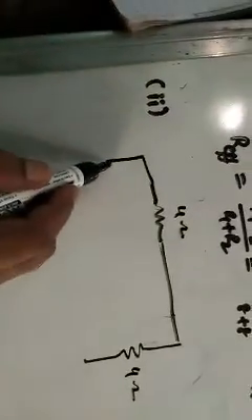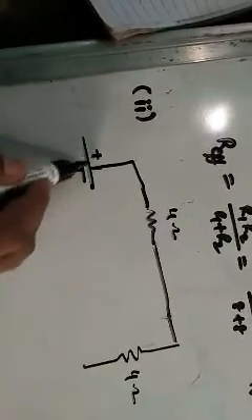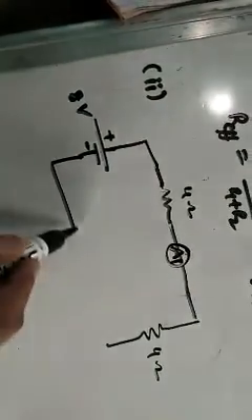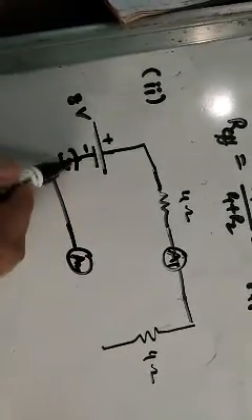So how to find the total current in the circuit? Check it. We know very well current can be determined by using Ohm's law, I equal to V by R. R means total resistance I have to find out. Check carefully. If you see the diagram, a 4 ohm resistor is there, and the effective resistance of these two I already found is also 4 ohm. So check this equivalent circuit. I am writing the equivalent circuit like this. Here ammeter is A1, here ammeter is A2, and the key is there.